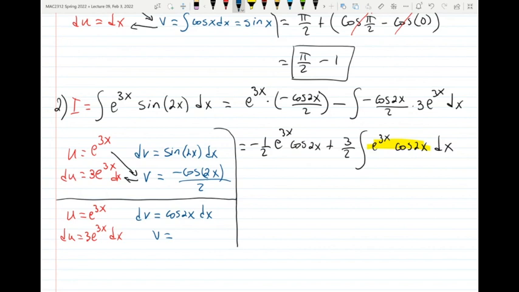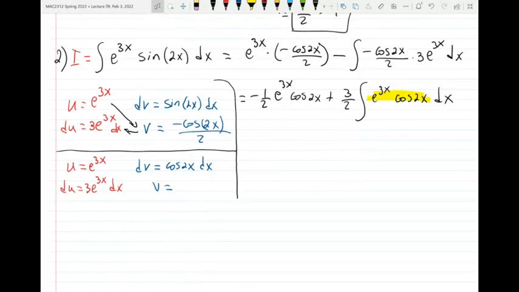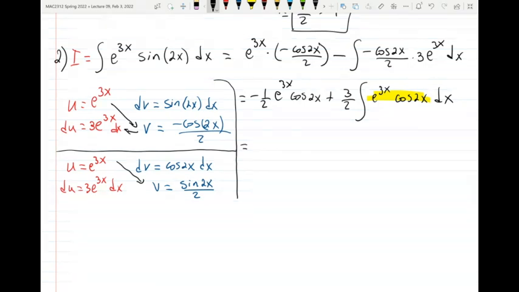And v, so what's the integral of cosine of 2x? Good. Sine of 2x over 2. Perfect. Okay, so now we go at it again. Okay, so wait, we need to write here